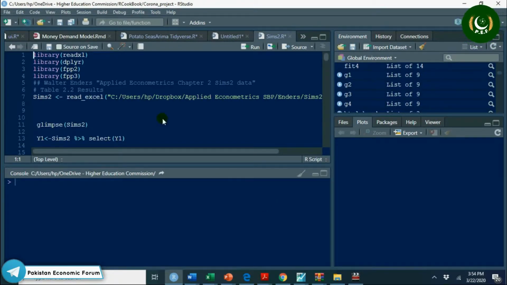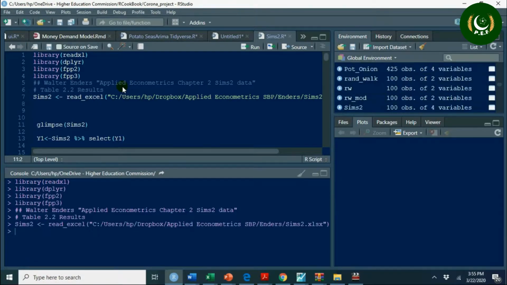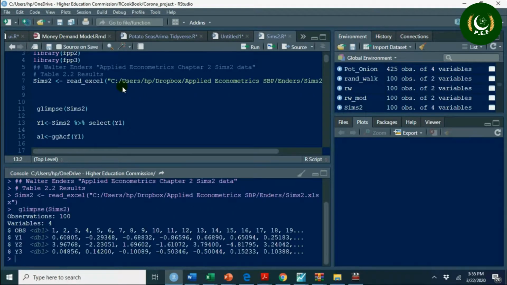First of all, I am using Applied Econometric Time Series by Walter Enders, chapter 2 data, the SIMS 2 data. So if I read the library and the SIMS 2 data, what is in this data? For this I have explained: you have the glimpse command to find out what is in the data.